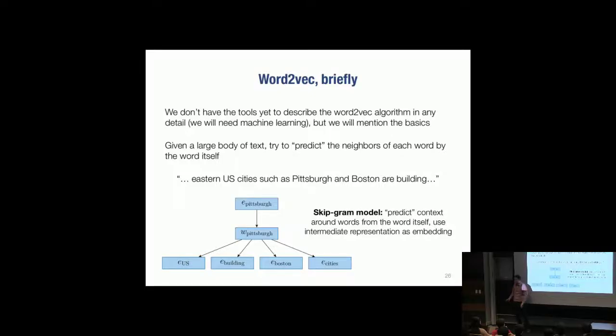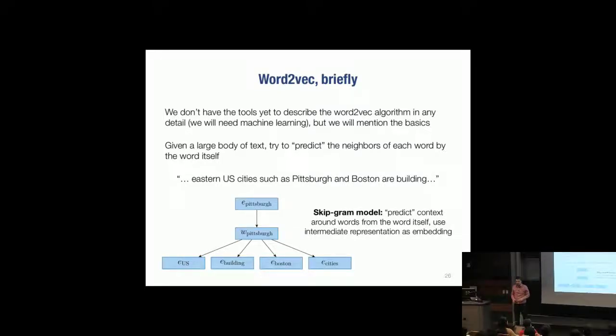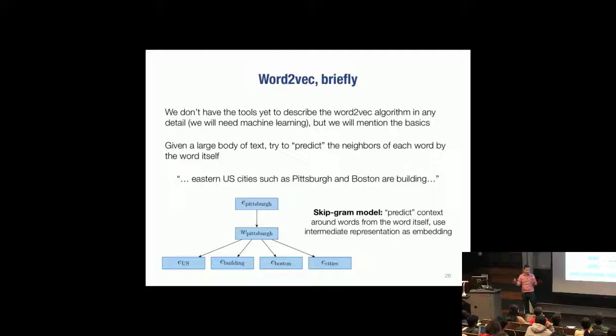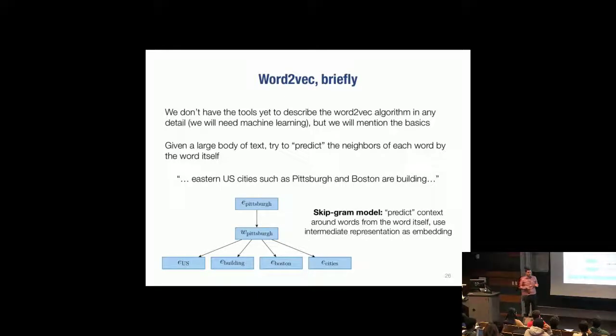And this is going to sound strange, but what you try to do is predict the context around the word from the word itself. So I'm going to try to predict all these things, the actual one-hot vectors of all these words, from the one-hot vector of Pittsburgh. Now, of course, you can't actually do that. You can't succeed at that task. This is not a task that is possible. But in trying to do as well as you can to model the probability of the different words, given Pittsburgh being the center word, you can construct